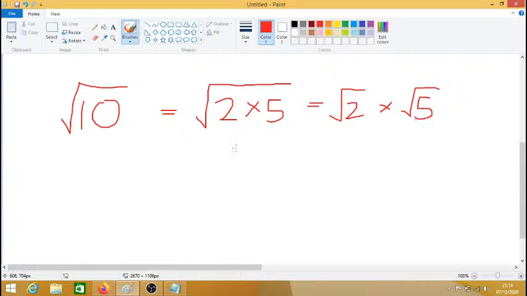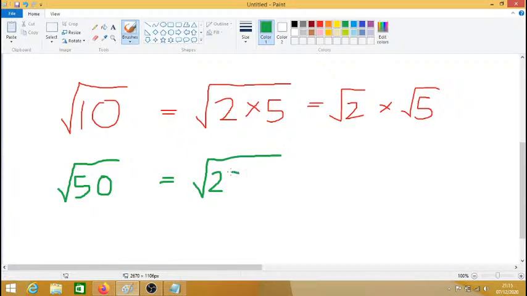Let's try another one and watch what happens, because just like in algebra, where we don't really write the times sign, surds are a little bit like that, where if we can get away with not writing the times sign, then we won't write it. So let's give you an example of how that might happen. Let's go with the square root of 50. Suppose I wanted to rewrite the square root of 50. Well, I could write that as the square root of 25 times